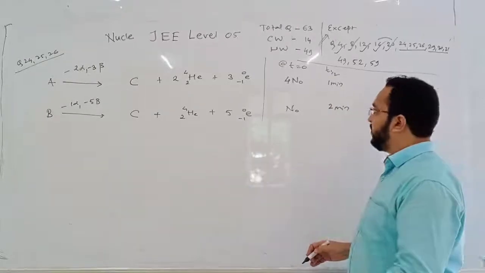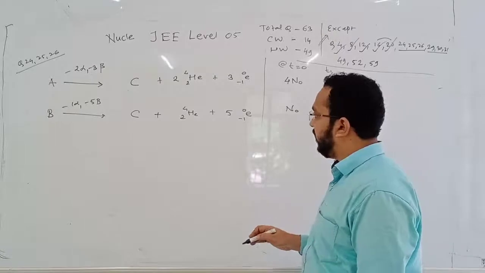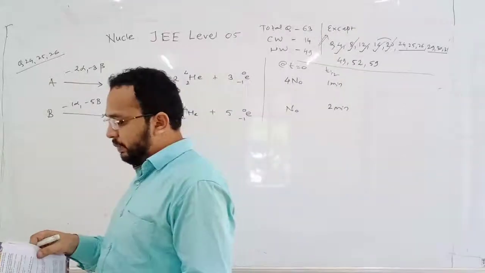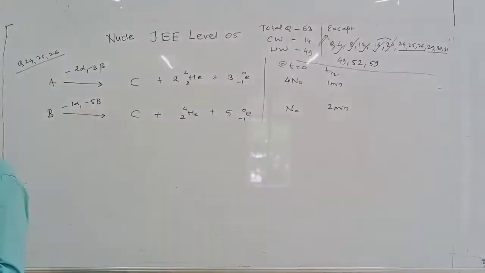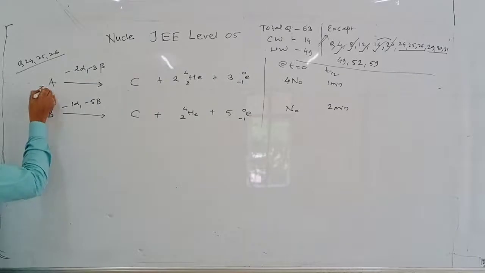Initially the number of nuclei of C is 0. Take care, obviously that is the product. What is the question now? The first question, that is question number 24. If the atomic numbers and the mass numbers of A and B are Z1, Z2 and A1, A2 respectively, then